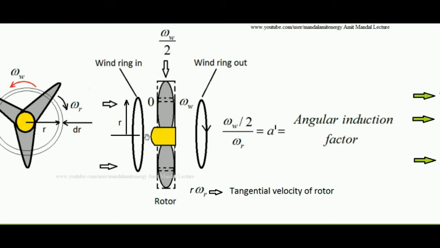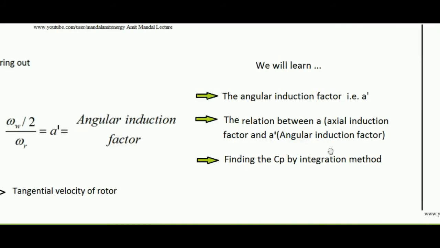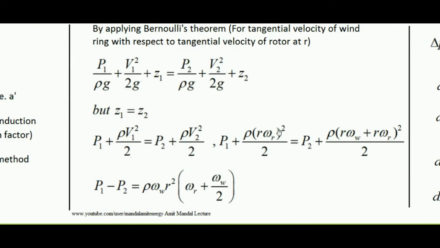when it is going inside. See, when it is just going inside, it has no rotation. It is purely in the axial direction, but this rotor is spinning with angular velocity omega r. So at a distance r, what will be the tangential velocity of the rotor? R omega r. Relative tangential velocity I am saying. So the relative tangential velocity of this wind ring with respect to the tangential velocity of the rotor at this distance r will be r omega r minus 0. So that will be r omega r. So in place of that I have written r omega r square.